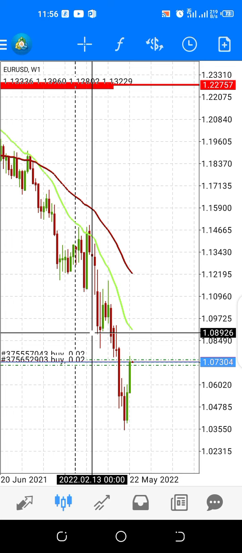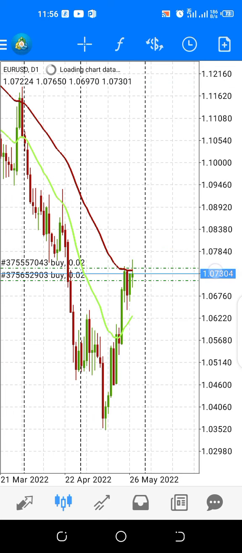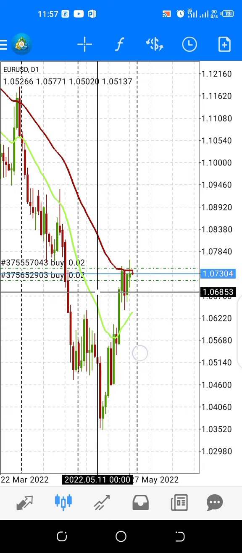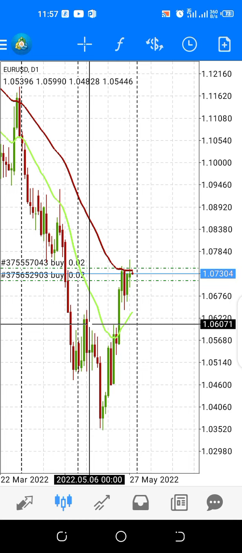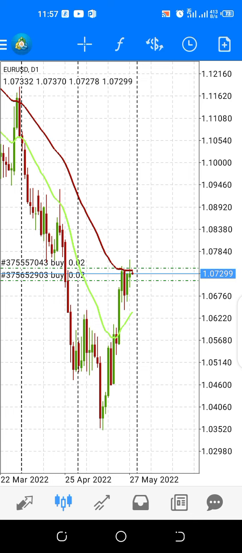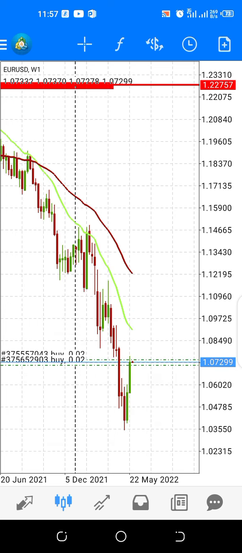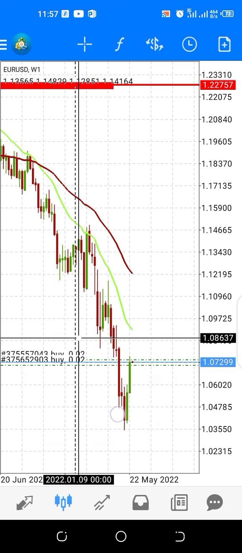Okay, so let's check out what's happening on the daily time frame. We could see it's already reacting at a reasonable resistance on the daily time frame, but it has already crossed the weak resistance, which is this green moving average here. So we could be expecting a pullback before a continuation of this bullish trend. But before there could be a major pullback on the Euro USD, the market has a higher probability of getting to this